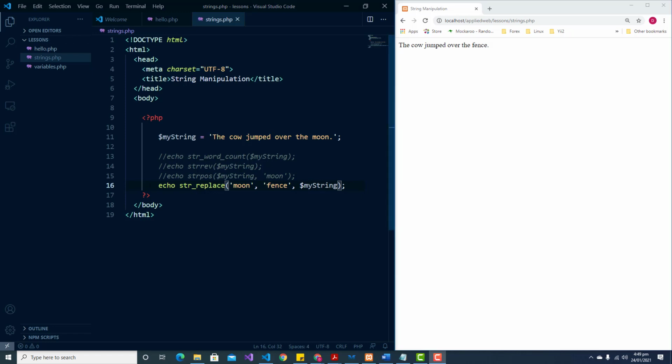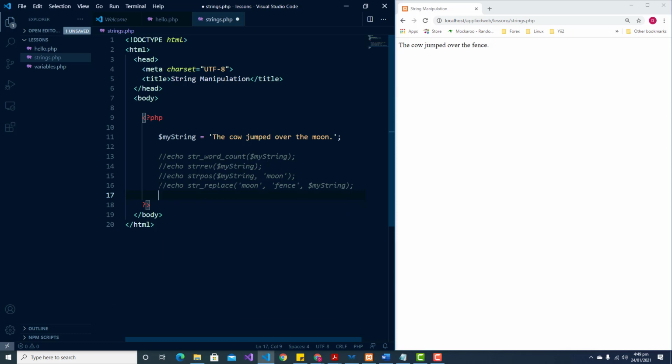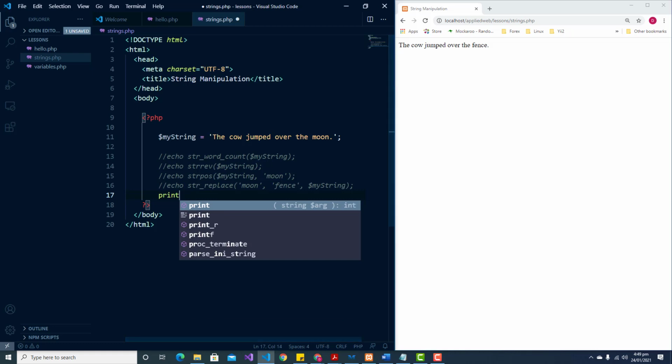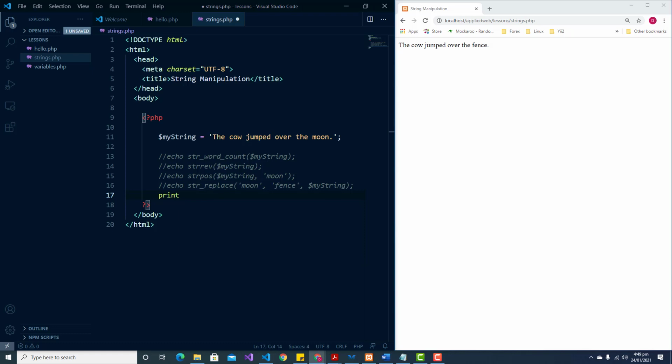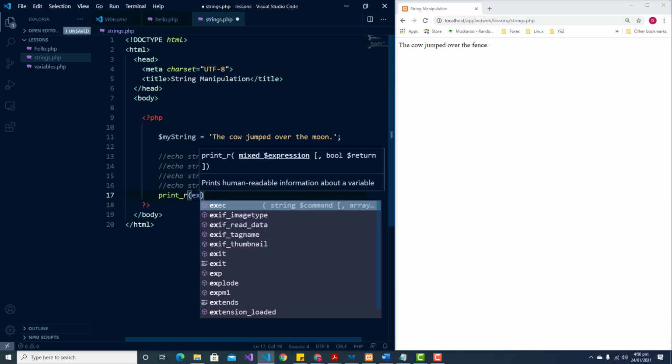So let's take a look at one more. And this one is the Implode function. And we can use it like this. So I'm going to use another built-in function to demonstrate the explode function, and it's called print_r. And similarly to var_dump, it's really an inbuilt function that PHP uses to print or display the information stored in a variable, right? So we're going to do print_r, and we are going to explode